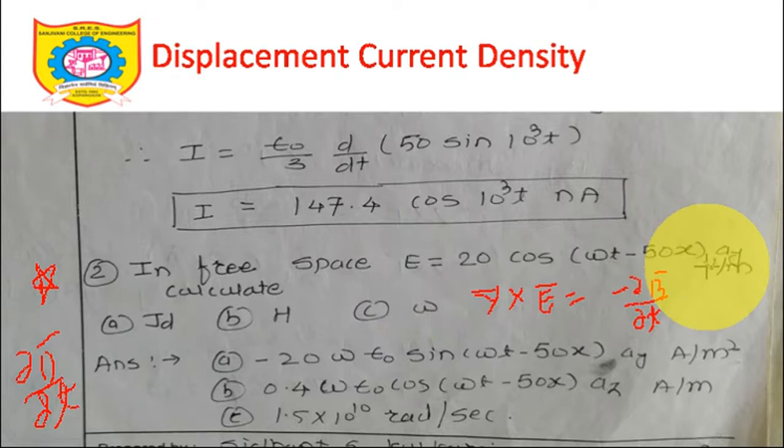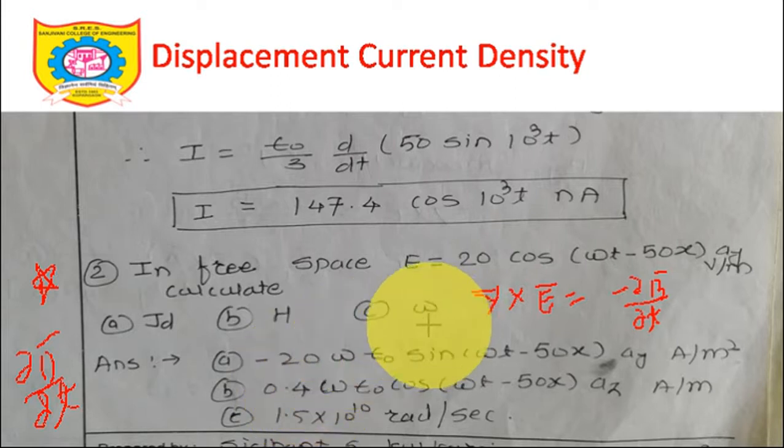So you need to find curl of this particular thing. Since it is a Cartesian coordinate system, you know how to find a curl. Once you get this left hand side, you will get certain expression. You need to take dou by dou T of mu H bar. So if there is a differentiation of H bar on the right hand side, to get H bar you need to integrate on the left hand side. So just integrate it and you get the value of H bar. Is it okay? This is the second thing.